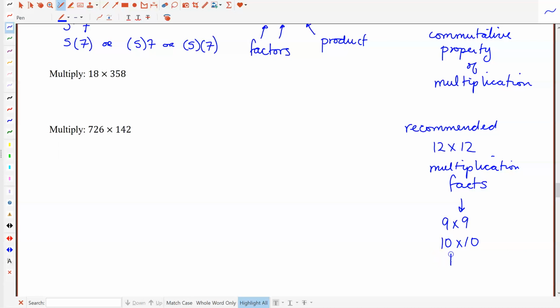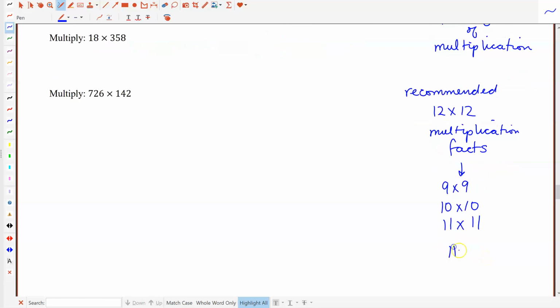The 11 tables, again, are not too terrible because 11 times any single digit number is that digit repeated. So for instance, like 11 times 5 is 55. Again, so those are not too terrible. And then the 12 facts are maybe a little bit more of a challenge to memorize, but they're important facts